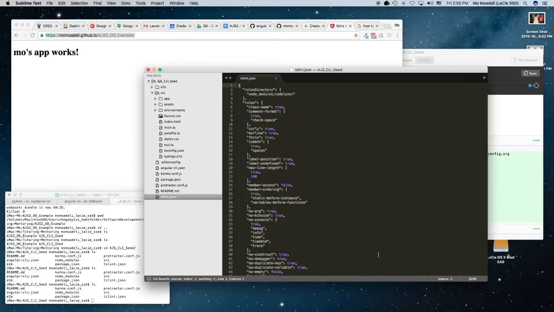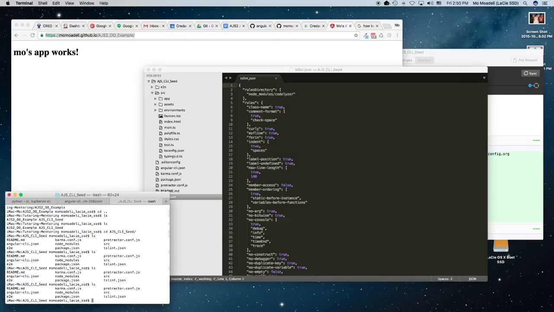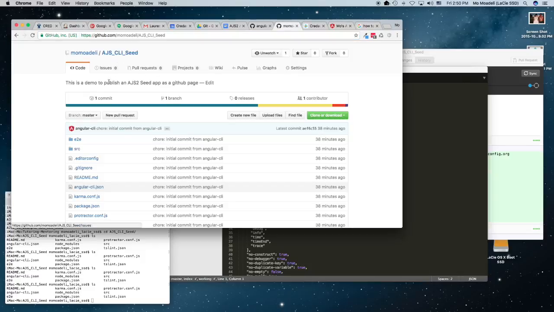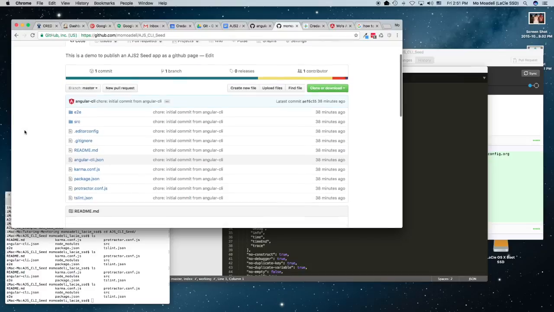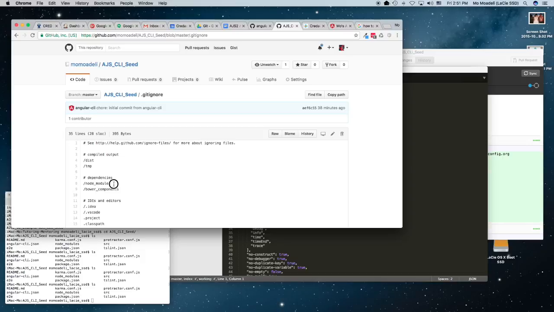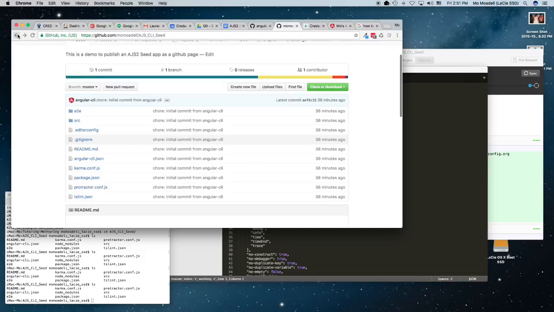So going back to the terminal, you're going to see under this particular directory, which is AJS CLI seed, that node modules exist, but they do not exist in the folder structure on the host, because we've told Git to ignore that folder. So the question becomes, well, if we need to run this locally, how can this run on the host? We'll get there. But speaking of running it locally,